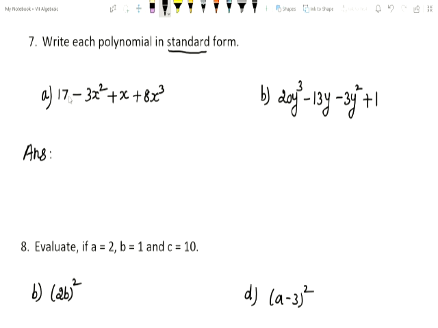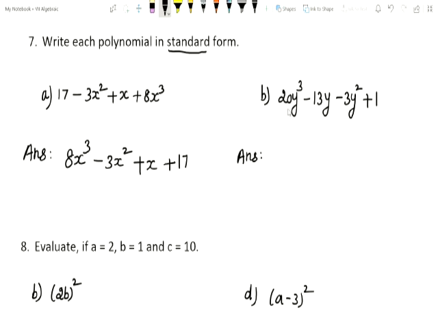See here, this is the constant term. The power is 0. Here the power is 2. The power is 1. The last term's power is 3. So first you have to write the power 3 term. So 8x cube minus 3x square, along with the sign you have to take, plus x plus 70. You understand, children?